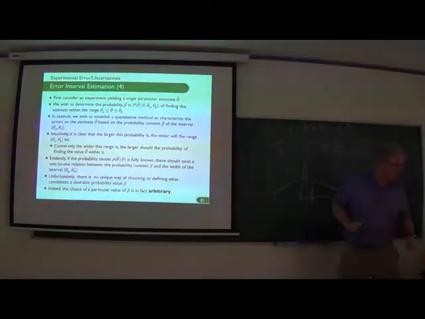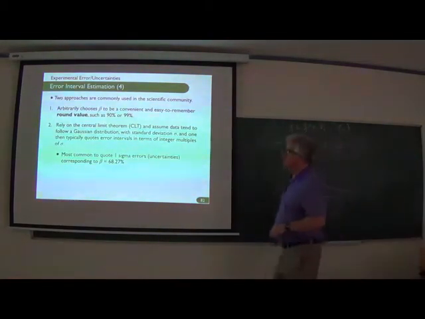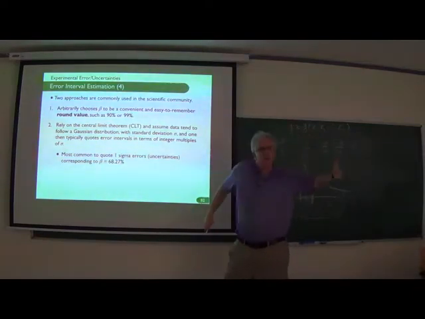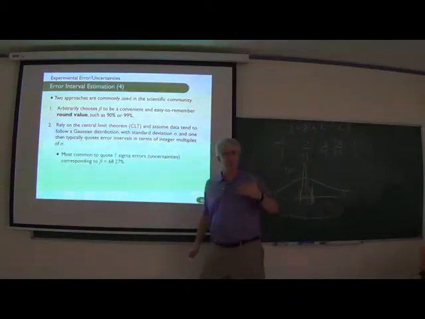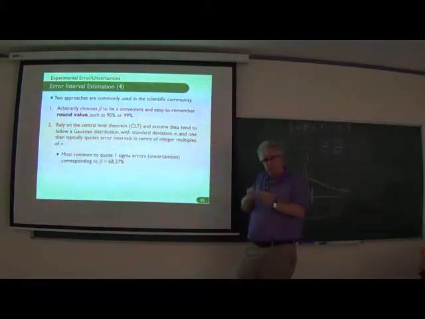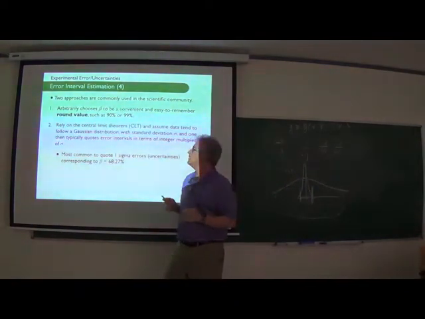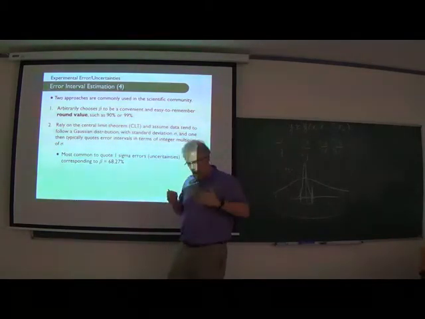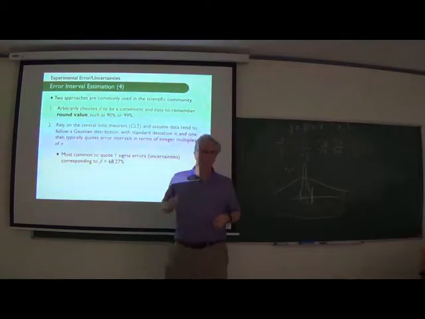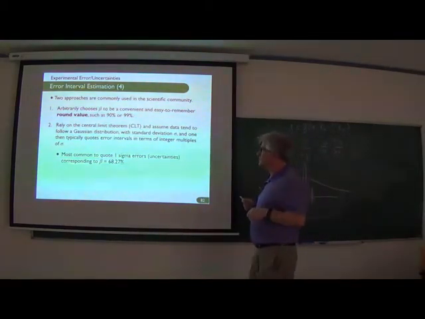Good. The problem now is, okay, what number should I choose? What value of beta, the integral, should I choose? So you could say, oh, I like 90%. That sounds good. Or, oh, I want to be very precise. I want to be very specific how I define the probability. I'm going to use 99%. People do that. In practice, however,